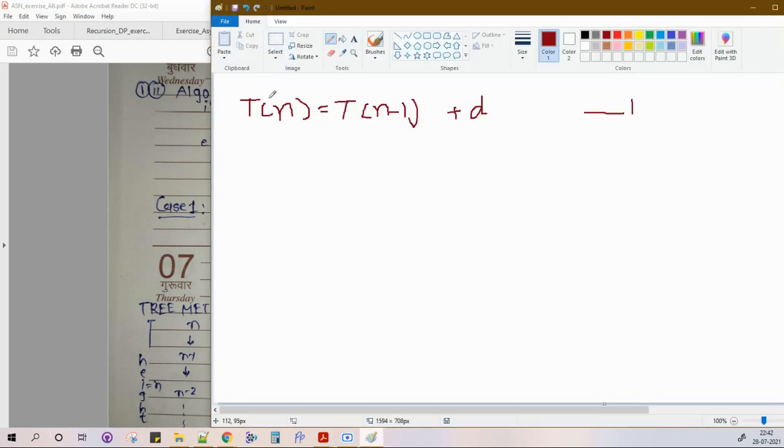So it is again calling the function, right? So this is called recursion. Now T(n-1) will call the function again. So n-1 becomes n-2, and it will have some time d for making the comparison, calling the b. And this d was already there. So d plus d is nothing but 2d. And this is call number 2, the recursion call number 2.